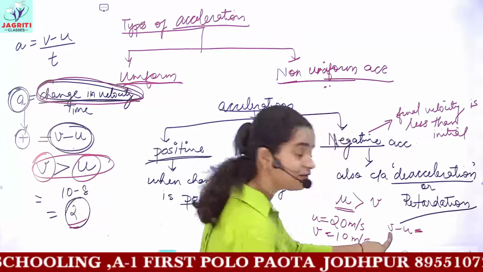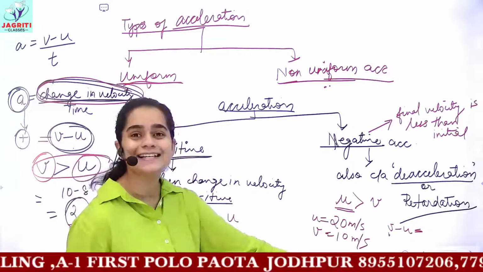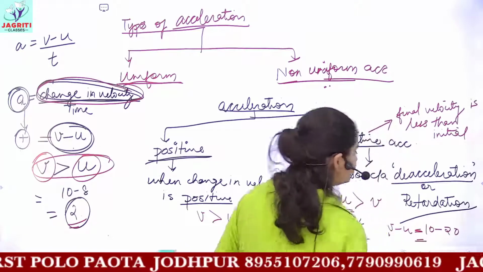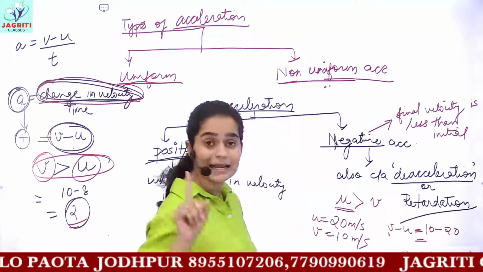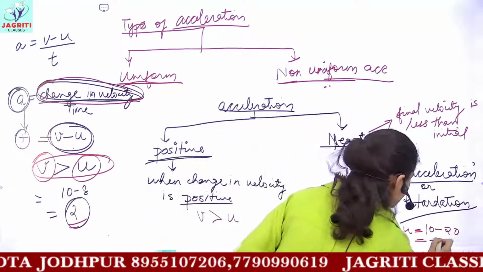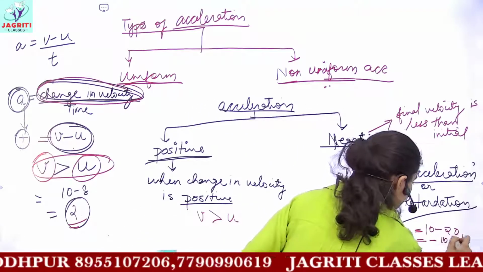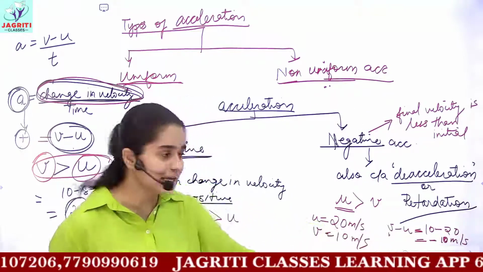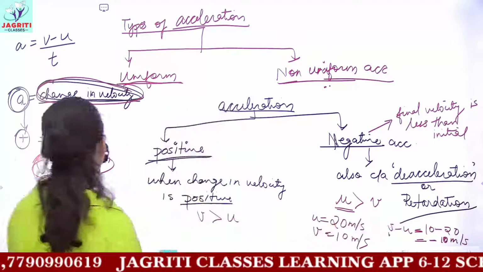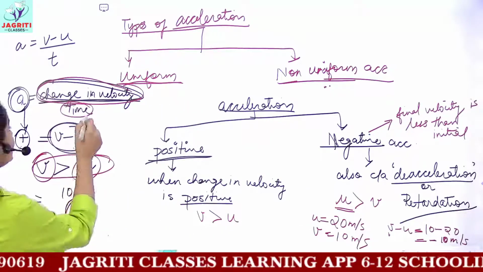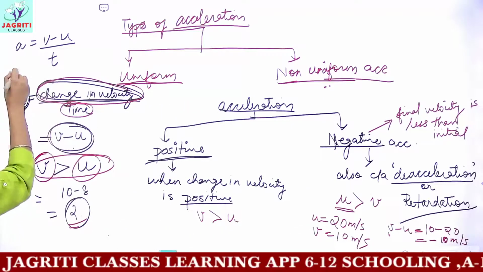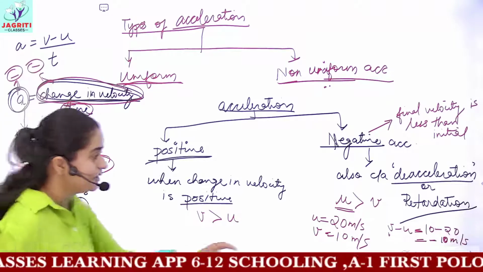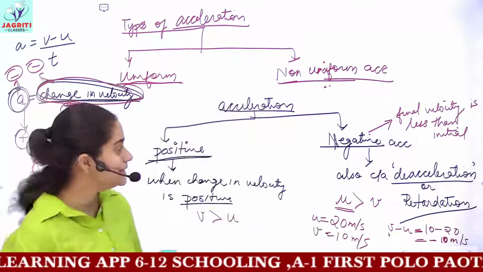First you have to keep the value of v. So v here is 10, which gives us 10 minus 20. As you know, the larger number contains a negative sign, so the answer would also be negative. So minus 10 meter per second would be your change in velocity, and if you divide this value by the given time, you would get acceleration, but this acceleration would be negative because the change in velocity is also negative. I hope you got these concepts, okay?